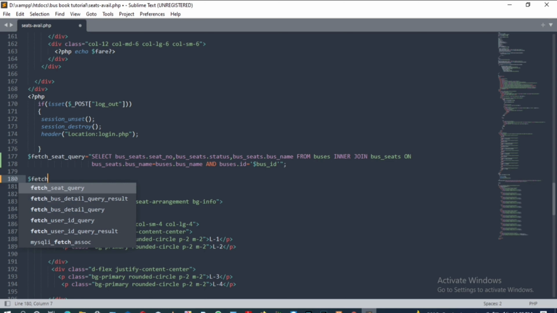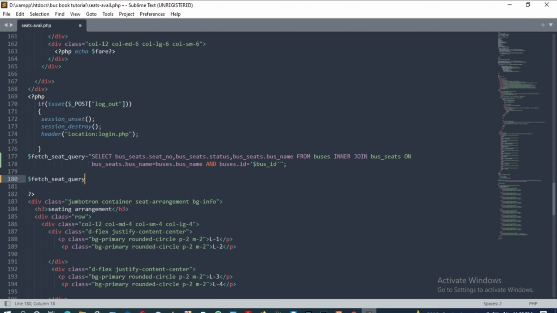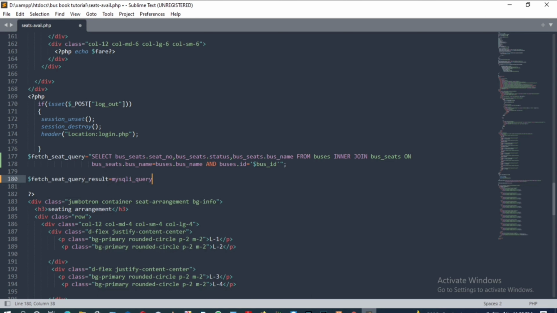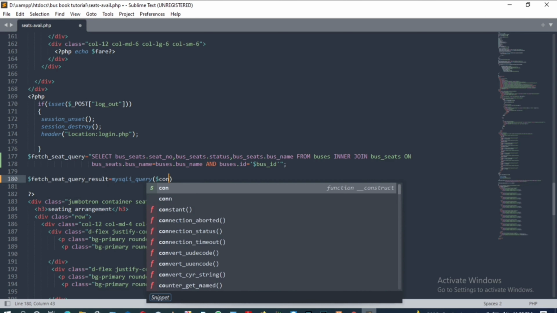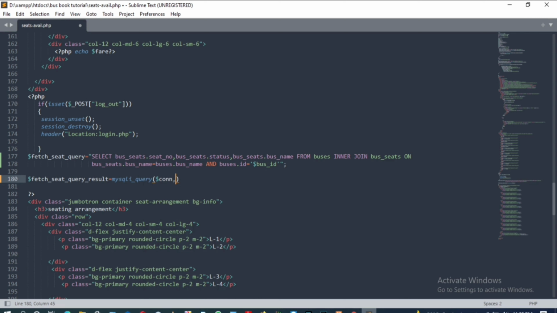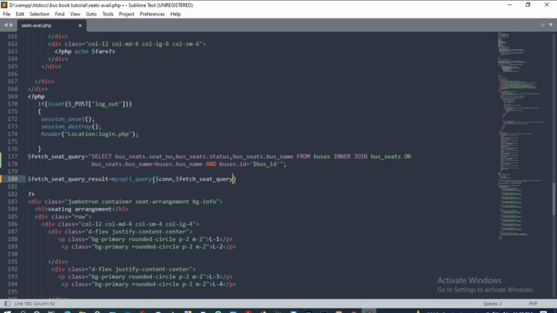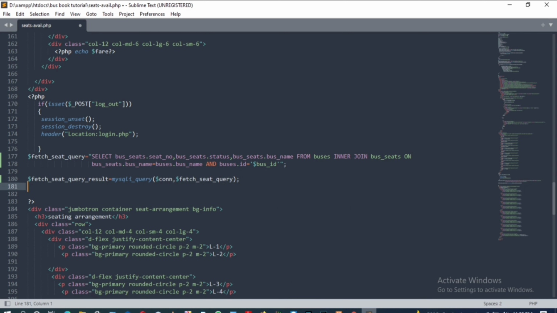Now fire this query variable using the MySQLi query method, that accepts the parameters as the connection variable and the query variable, that is fetch seat query. That's it.